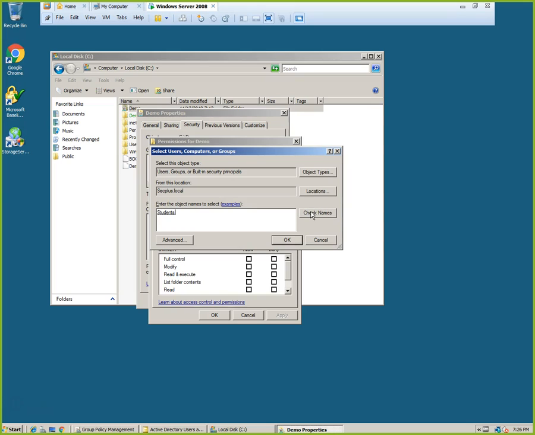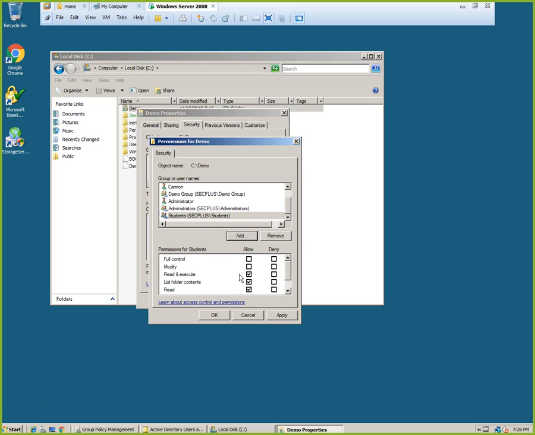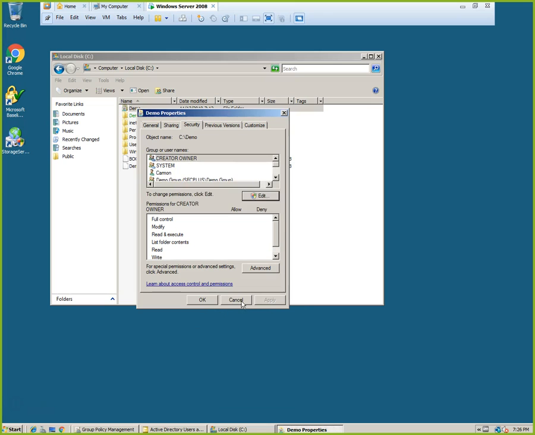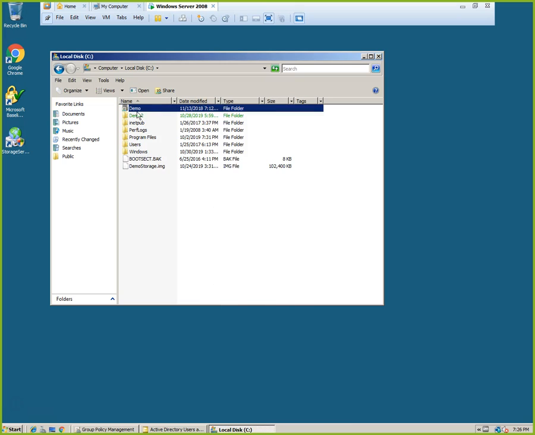Let's check names. If you just started and it's unique, it'll find what's there. So we can add the students group here, and the defaults are read, execute, list folders, and then read. So basically the read, write, and execute are the permissions. If I wanted to give full control, I would just click on it, and now those users have full control